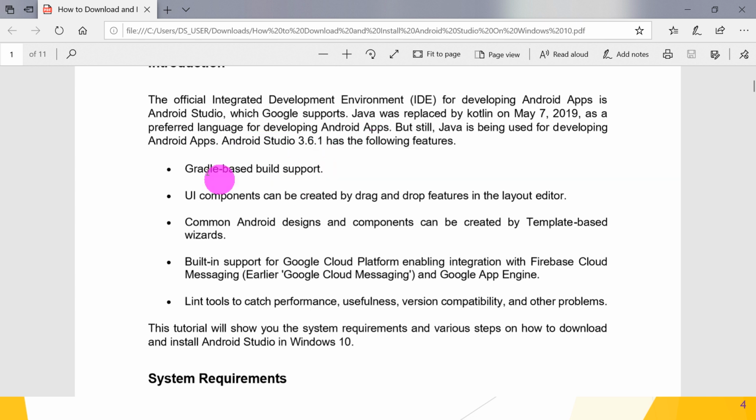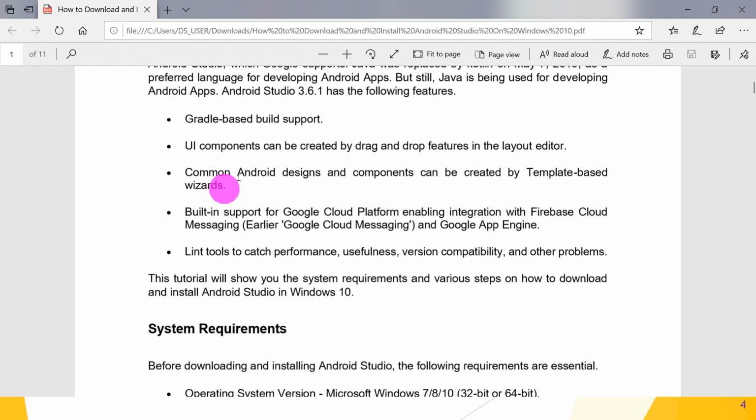So what are the features of Android Studio? Gradle based build support. UI components can be created by drag and drop in the layout editor. So we do not have to write the code for the views, that is buttons, text fields, text areas. Just drag and drop, and it creates the designing code automatically.